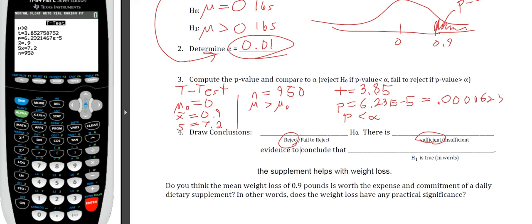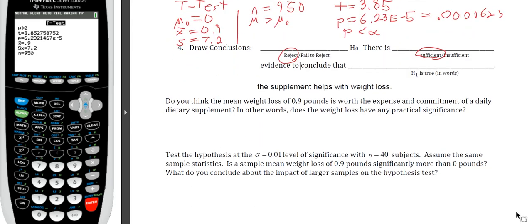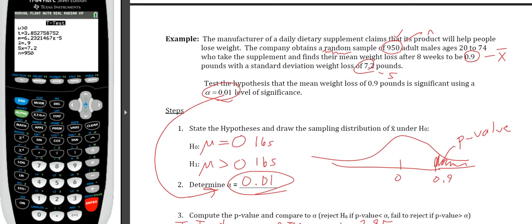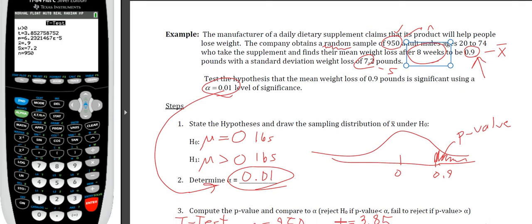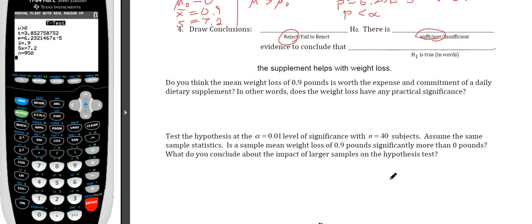We have a couple follow-ups here, though. Do you think the mean weight loss of 0.9 pounds is worth the expense and commitment of a daily dietary supplement? In other words, does the weight loss have any practical significance? Well, the supplement was something they took for 8 weeks, and after 8 weeks, what we've shown is about 1 pound of weight loss. Standard deviation of 7.2, so pretty wide variance there. So I definitely say that no,